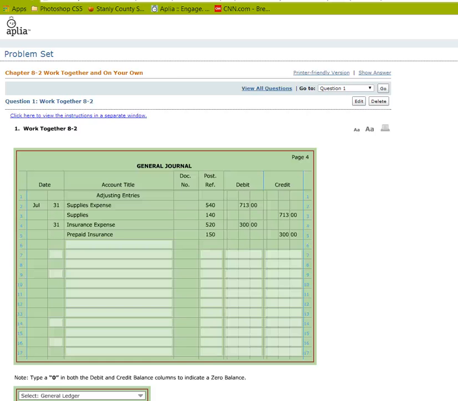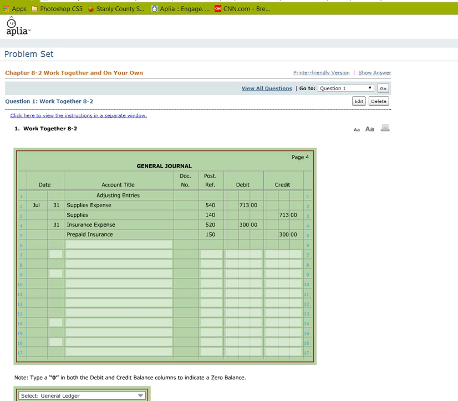Alright, page 206, recording closing entries. Accounts are used to accumulate the information from one fiscal period to the next. Those are called your permanent accounts. They may be called real accounts, but these are going to be your asset, your liability, and your owner's capital account. The ending account balances of permanent accounts for one fiscal period are the beginning account balances for the